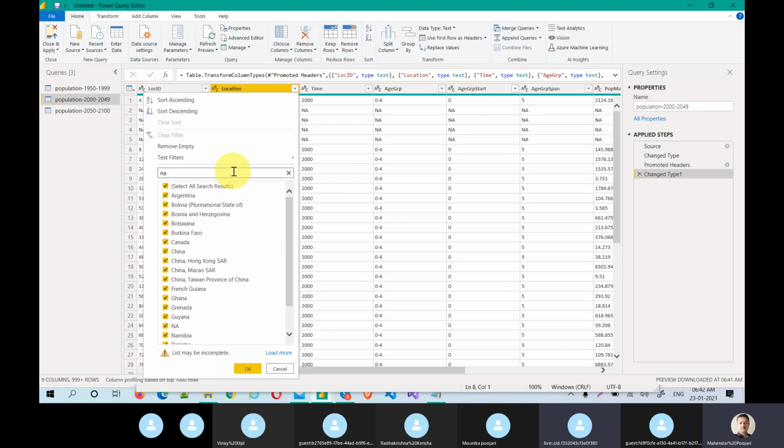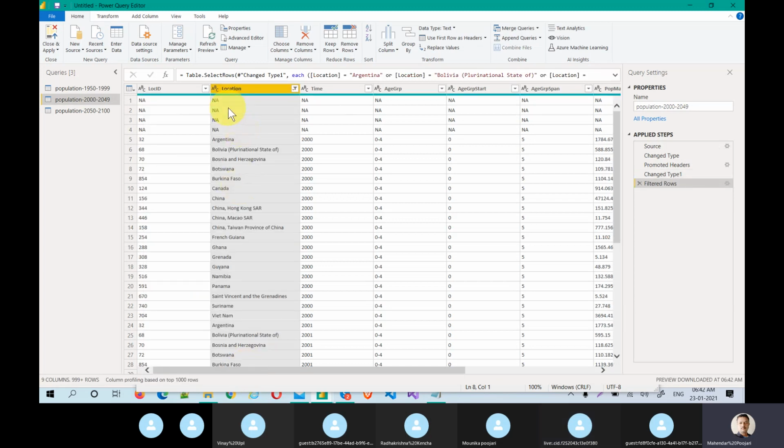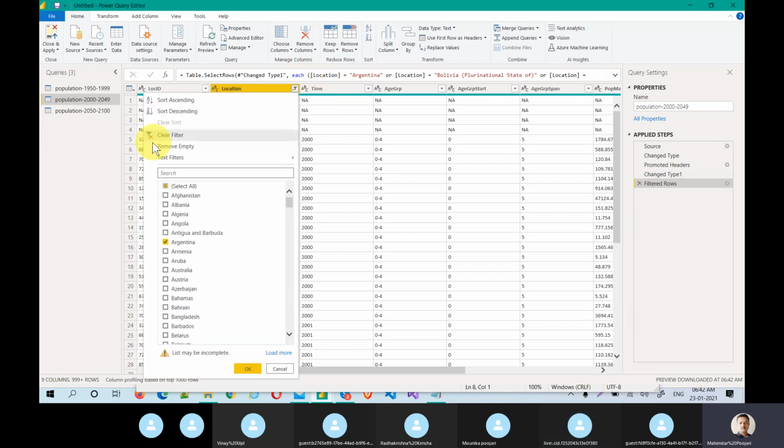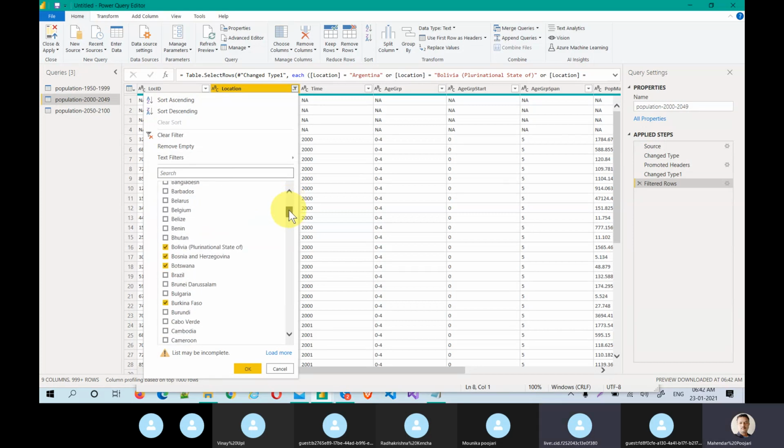If I search for NA and click OK, observe Afghanistan is also gone. Now I just clear the filter. See what happened, if I select NA, all other countries also come, because wherever NA is there, they come. So taking an NA filter is not the right way.